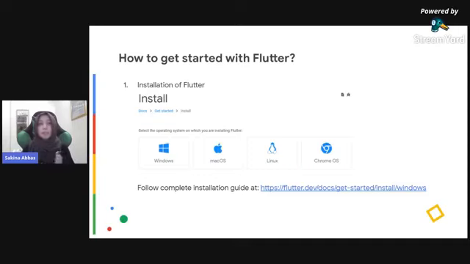So basically, first of all, you obviously need to install Flutter on your system. You type Flutter, the first link that opens, click on that. You click on Get Started or Install, and this will open. These are the operating systems that you can choose from. If you're a Windows user, you click on Windows and so on. And then it'll open an entire guidelines page, which entails step-by-step installation. And I think it even shows that you might run into this error. If you run into this error, this is what you need to be doing, and so on. So it offers you installation.